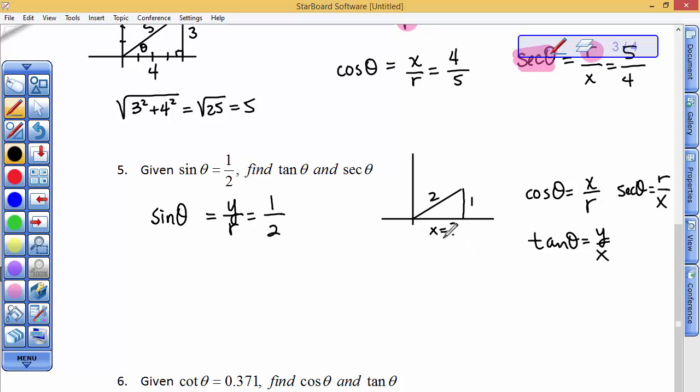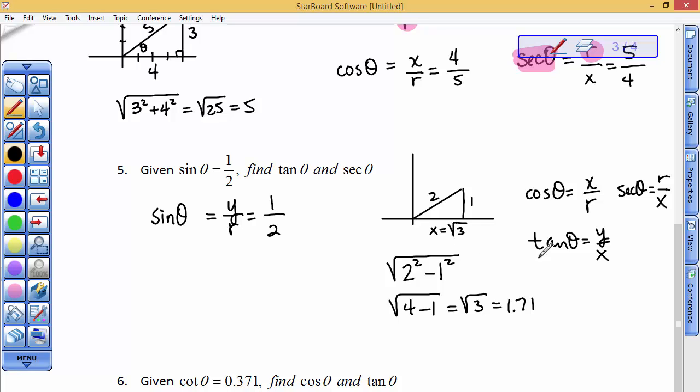So no matter what, I've got to find x. If you used your calculator to do this, I think you would get 1.7. If you actually use the Pythagorean theorem, you'd take the hypotenuse squared minus the one leg squared, which is 4 minus 1, which is the square root of 3. So again, 1.7, I think. Well, I just again want you to know that our author is going to use the square root of 3,